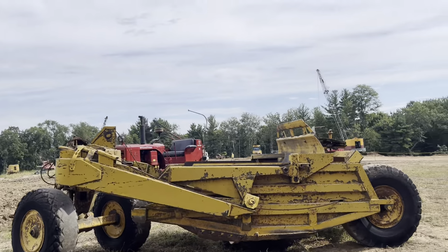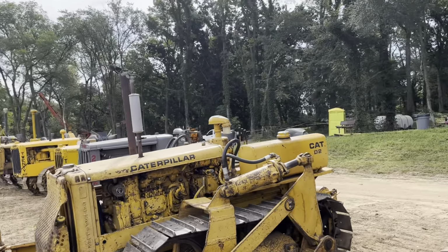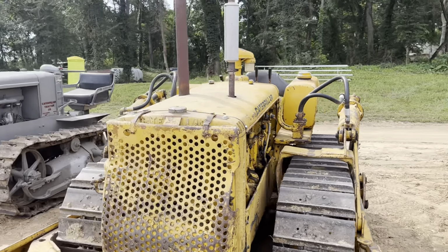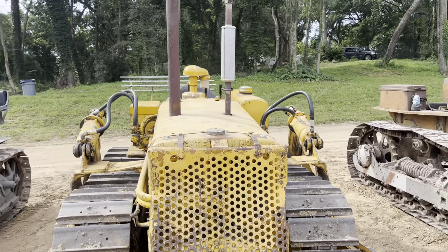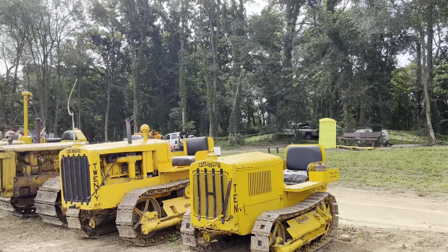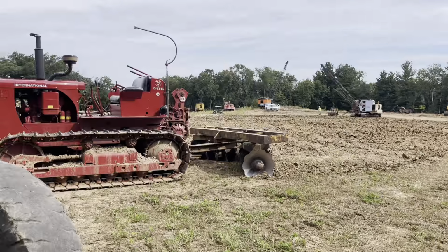I'm not for sure. So there's a Caterpillar D2. It's interesting how that has the same grate where it comes down like that. And then a 2-ton. And there's a 10 horsepower Cat. And there's a big